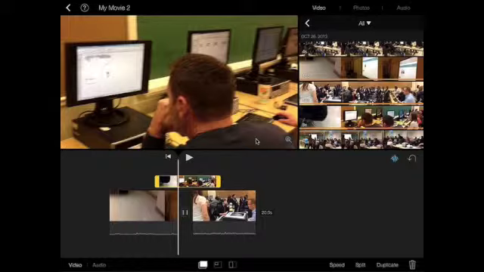And that is the first really cool feature that I like about the new iMovie for iOS. It is perhaps one of the most powerful features that I think that they've added on for this new version of iMovie. The second one is